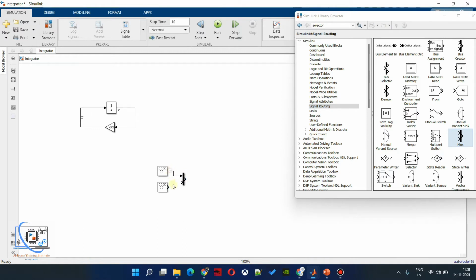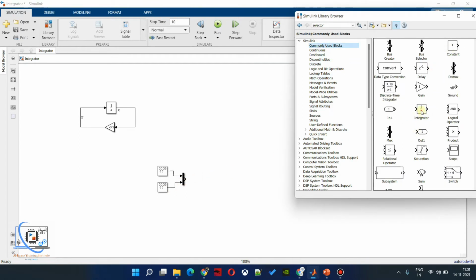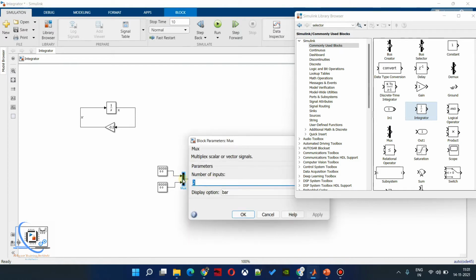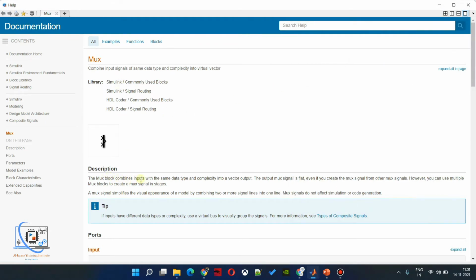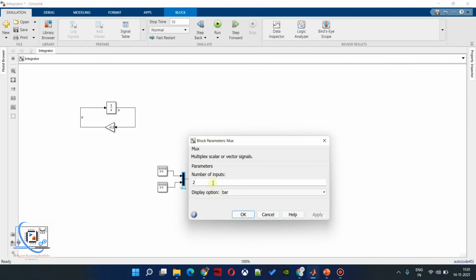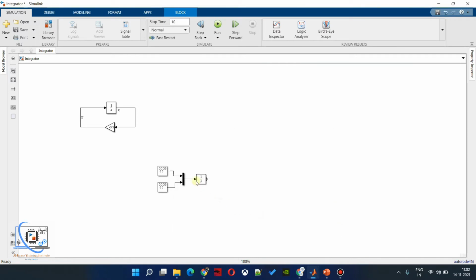Then we will connect the signals. Now we will integrate this one. To integrate, you can see we don't have to use two integrators. We are combining these signals. If you want to read about it, you can go to the help document, and here we can see mux combines inputs with the same data type. That's important, it should be the same data type. You cannot combine a vector and an array together. The number of input ports is set here, and for how we want to display the signal, however we want, we will go with the vector option. Let me disconnect it.